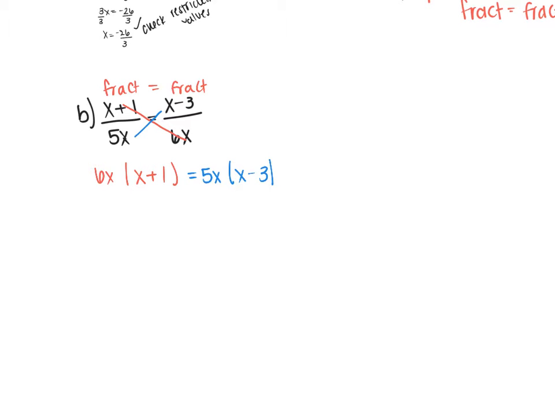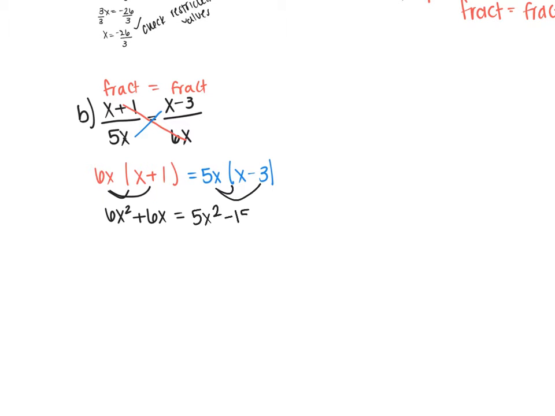Now I'm going to distribute. So I have 6x squared plus 6x, and on the other side, I'll have 5x squared